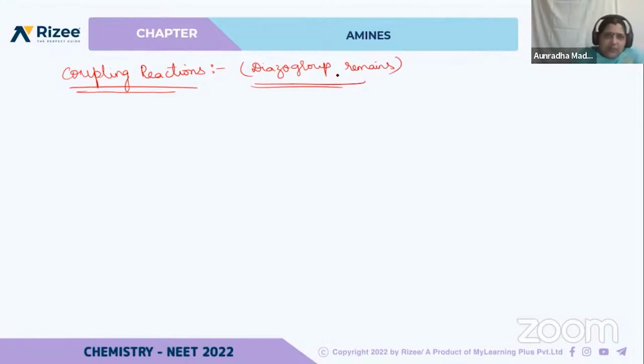Whereas in the previous 5 or 6 reactions, the nitrogen is going out. Removal of nitrogen is happening. But in these sort of reactions, the diazo group stays in the product. So let's see what the reactions are. Those reactions we can call coupling reactions, or else we can say formation of